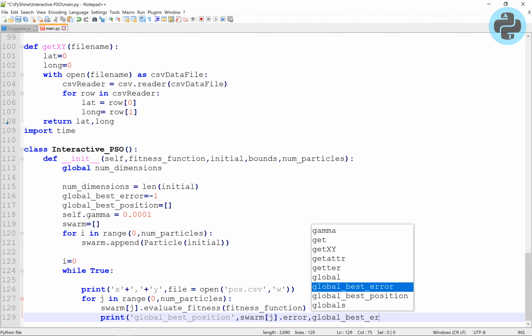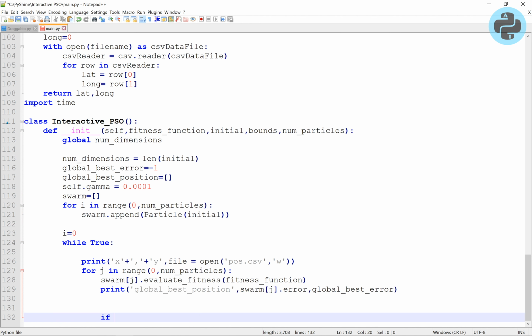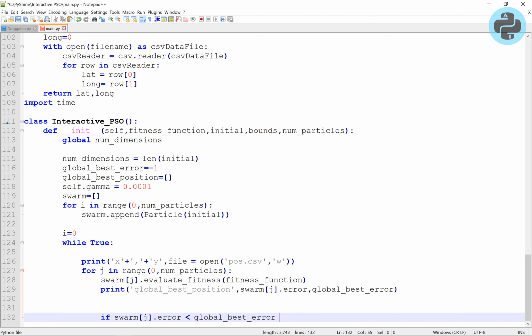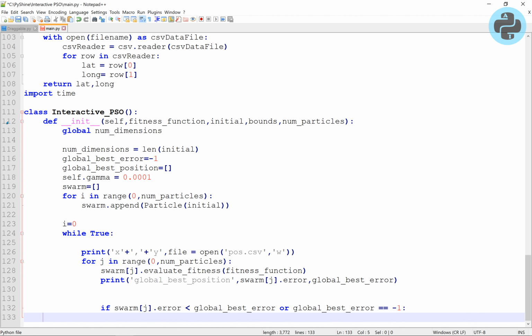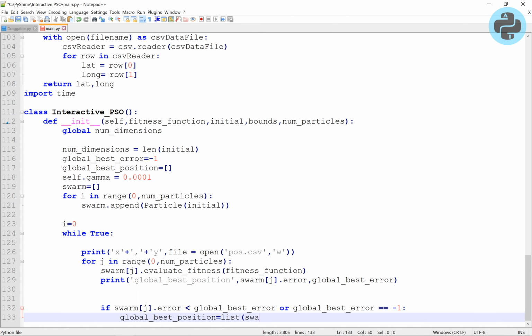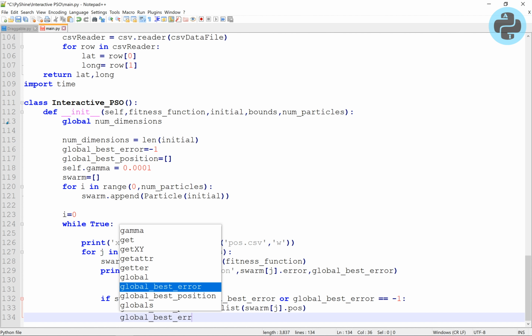It will give the best error and the best position to each particle. Now, we obtain the global best position and the global best error, upon these conditions are met.